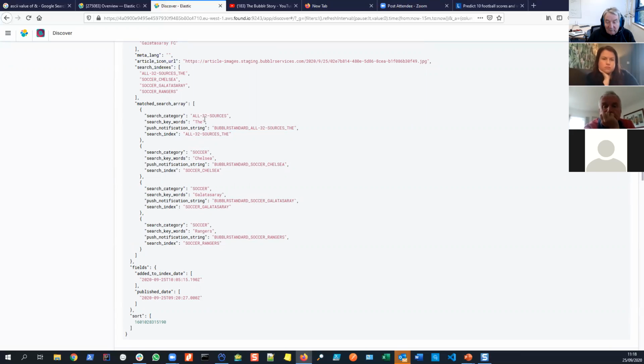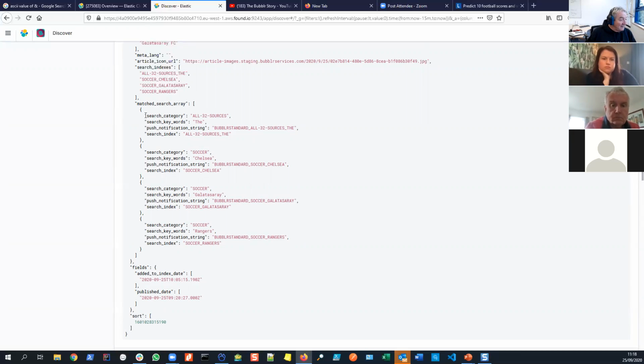So what the poll has done here is matched searches. We have this list of known searches where we can say, right, okay, this is something that's going to be useful, as the apps have already searched for it. So we need to send a notification for this as well as adding it to the index. So it's splitting out the various things.